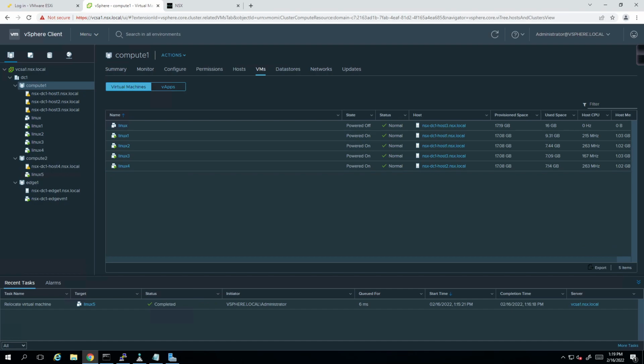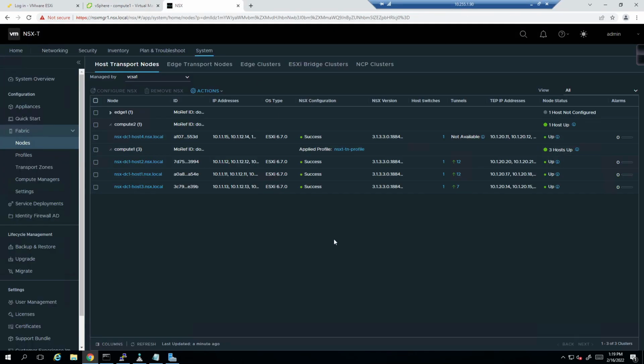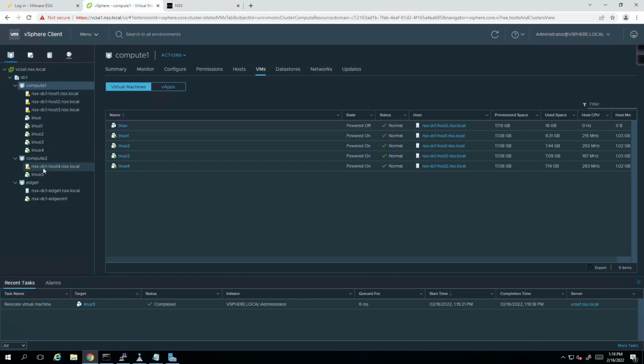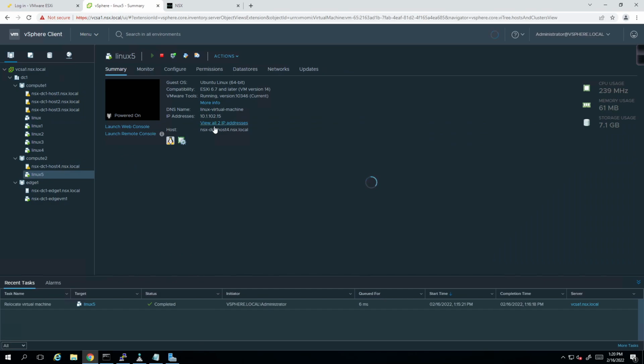Alright, so Linux 5 has now been put onto host 4. If I come back over here and I refresh this, after a moment or so, this communication should come online. Now if I click on Linux 5, I have the IP address of 10.1.102.15,